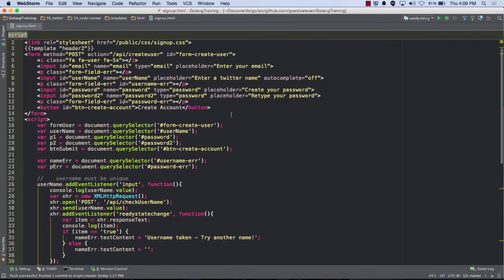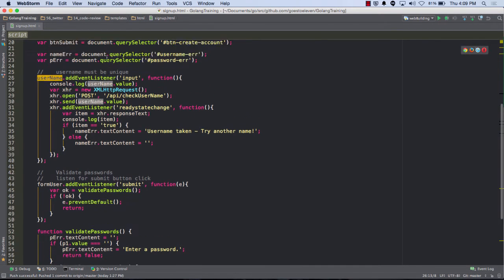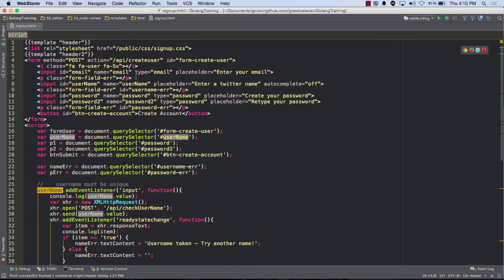And that gives me access through JavaScript. Like right here, I'm saying give me username. And here's an ID, username. So that gives me access to that node in the DOM. And I could then programmatically start doing things to it. I could change its attributes. I could change its value. So here I added an event listener. I'm adding that to username, which is where you enter your username. It's this one, it's the ID. So ID versus name, what's the difference?